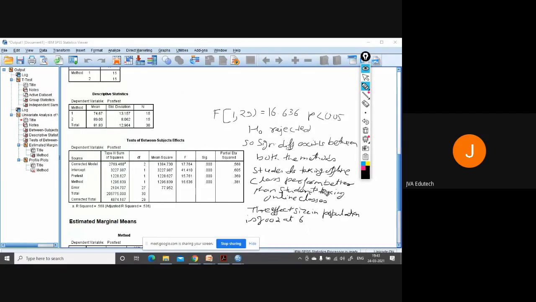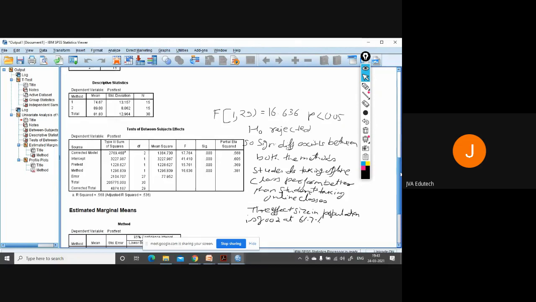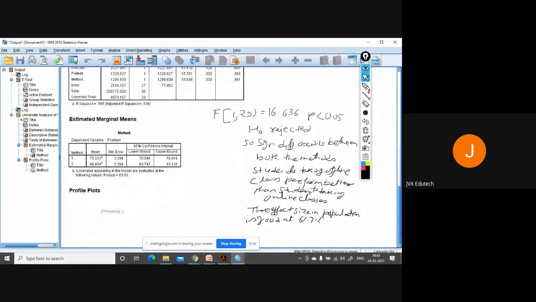How much was it? 61.7%. Good at 61.7%. So everything is while controlling for the initial quantitative ability. Now we have plotted a profile plot also. Let's see.